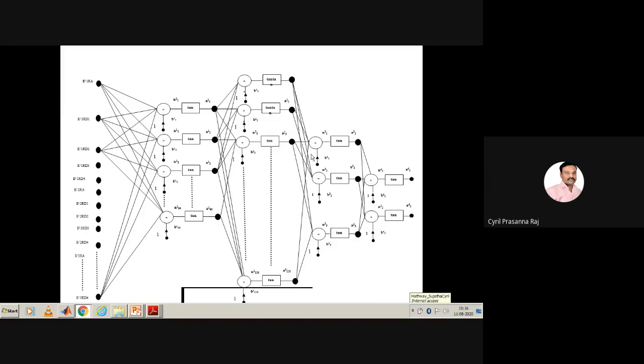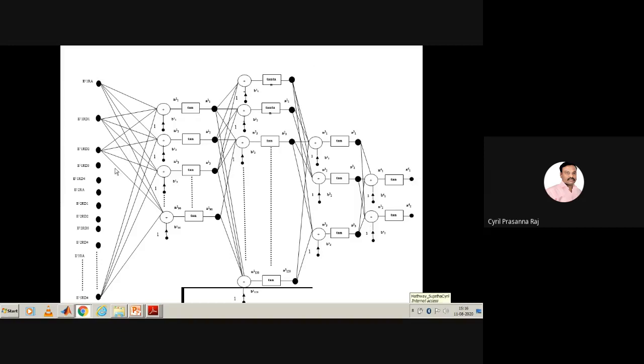Then you go to the third hidden layer, wherein you have three neurons. So N11, N23, and then N33. So there are three neurons here. Again, you're using the activation function Tansig, and you're able to produce three outputs. Then after having three outputs, you're again processing the data, and you have two neurons at the output layer, and you're able to get the final two outputs.